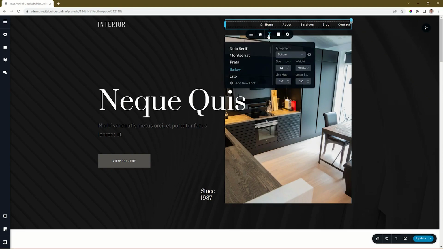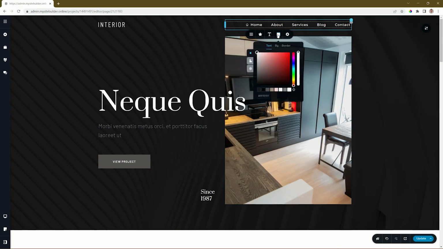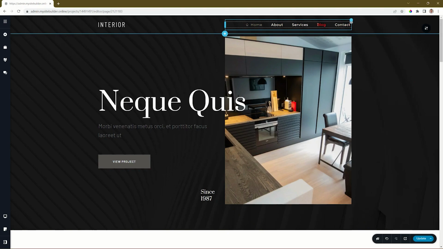Typography is going to apply to all the links. I put it on Montserrat, change the size, and I can change also all the other settings like usual. Color is also going to apply to all the links, and you've got three options here. The default, that is shown when people hover over it, let's put it on red, and when it is active. Let's click outside and see how that will work. The red is not beautiful, but it's just to indicate how